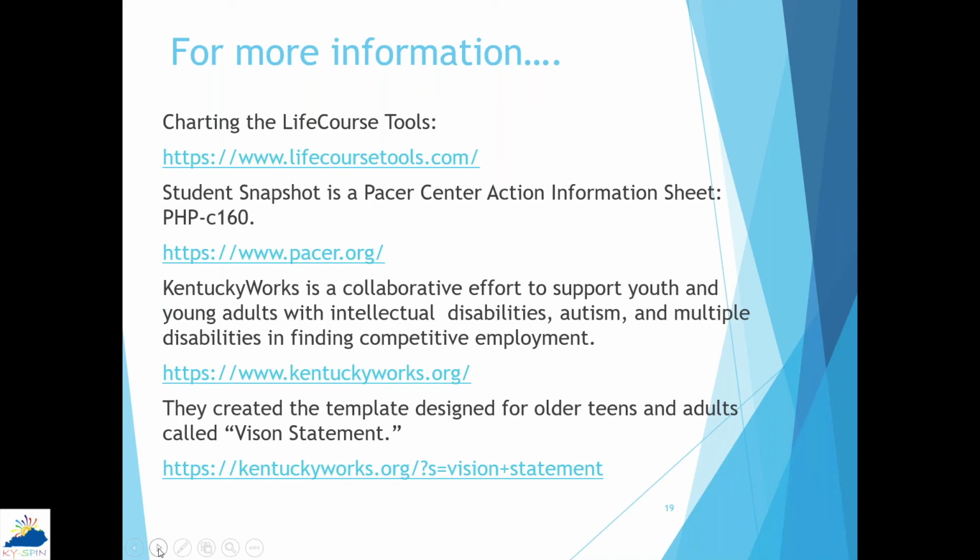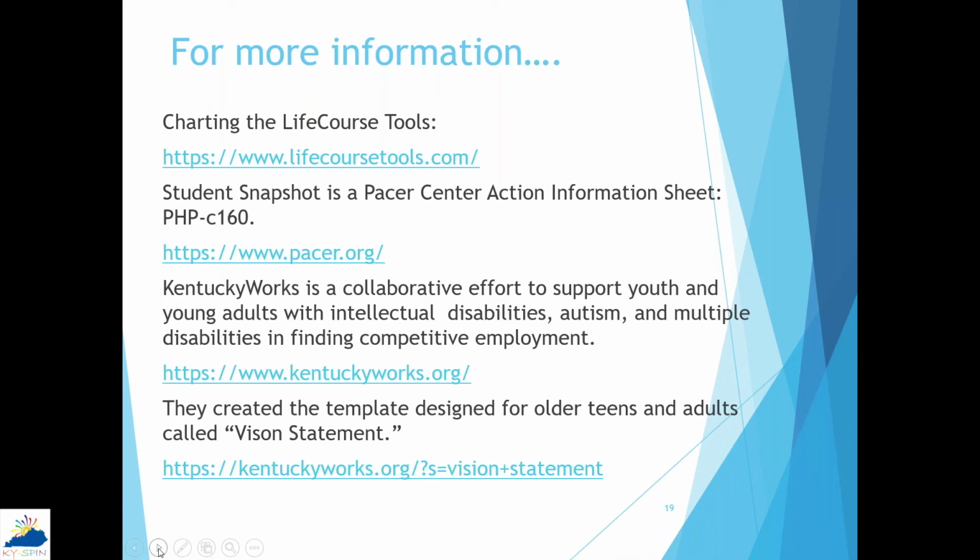So if anything happened to me tomorrow, God forbid, my husband could grab that notebook and everything is right there. I encourage you to do that. That's pretty much what the LifeCourse tools encourage us to do: keeping track of important information that helps you brainstorm so that person can have the good life that they want.